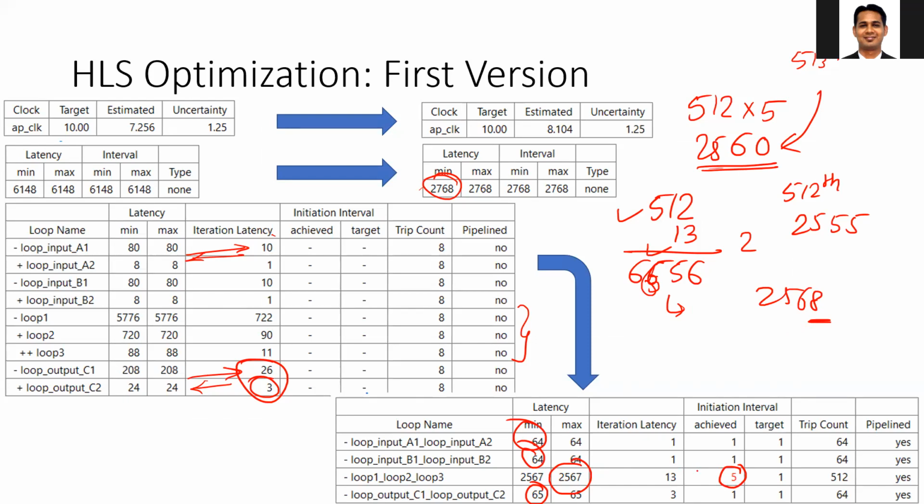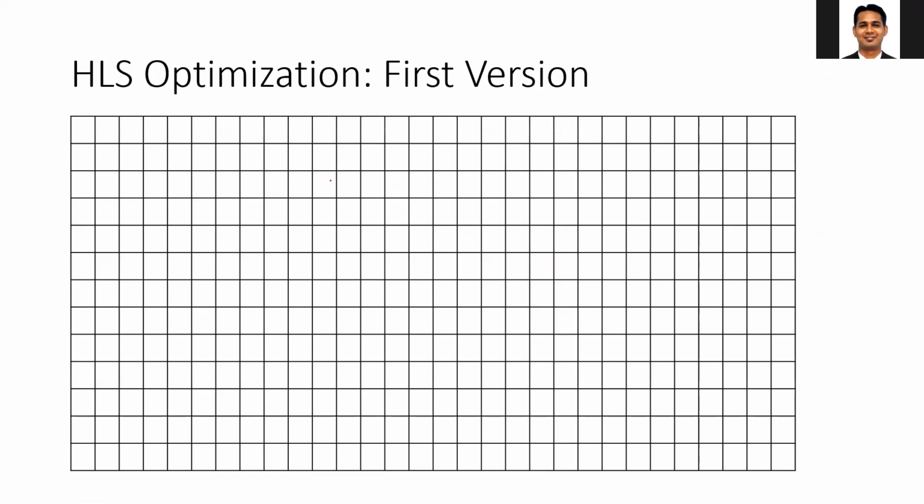Now we need to understand why the initiation interval is 5 and why it is not 6, 7, and so on. So let's go into more detail. As we know, in the matrix multiplication, you are reading the data from the memory, then you are doing the multiplication, then you are doing the addition operation, and then you are writing the data back to the memory. So in that case, if you go to the HLS, you will see how much time it takes to perform each operation, by using the analysis,